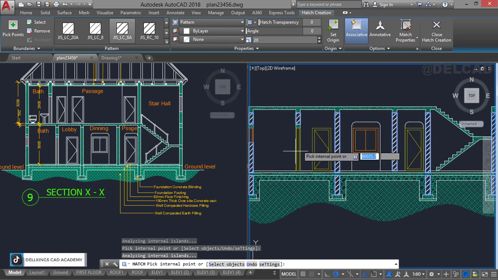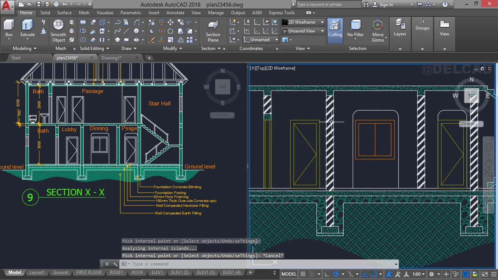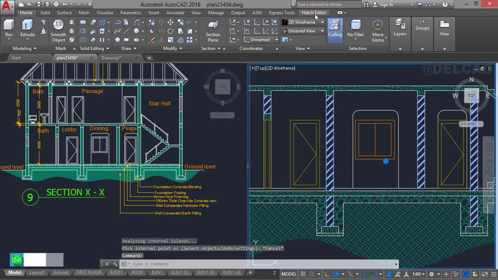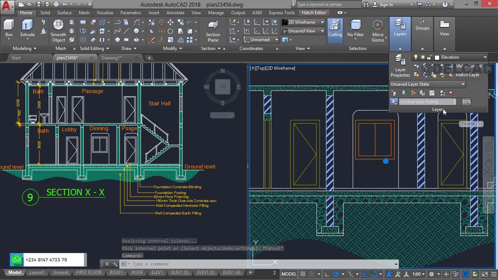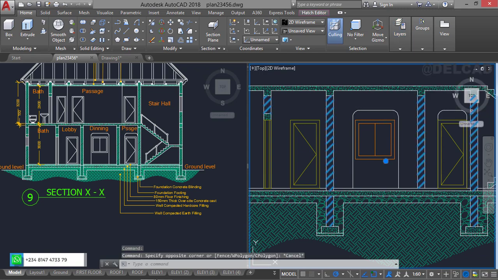Alright, so we are done with this. We can escape and select this very particular hatch again. We're going to change the layer to the hatch layer,